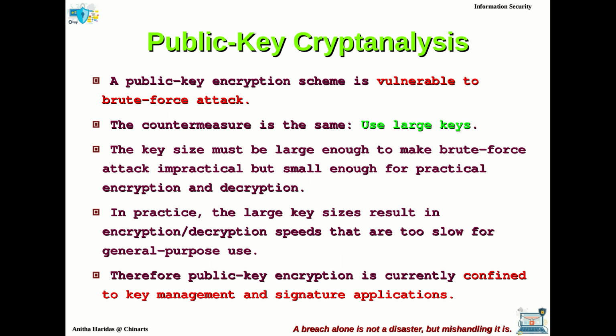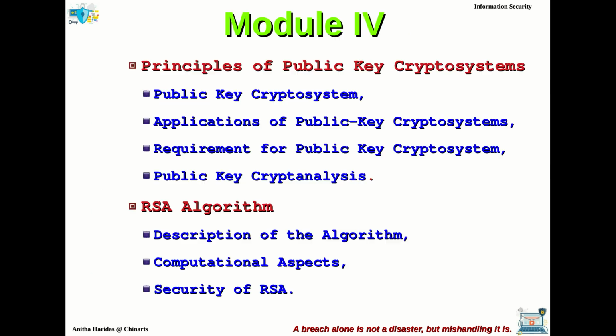So in this video, we just talked about the requirement for public key crypto system and the cryptanalysis of public key crypto system. The requirement, as we had seen, since we have 6 different conditions that can be laid on the public key crypto system, is that the public key crypto system algorithms must have a function called the trapdoor one-way function. That is the very minimum requirement for the public key crypto system, right?